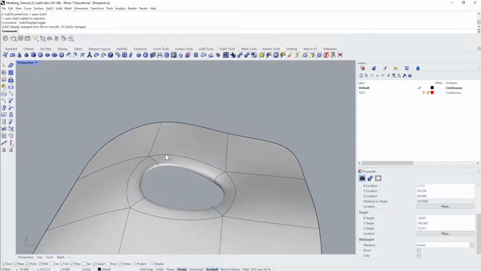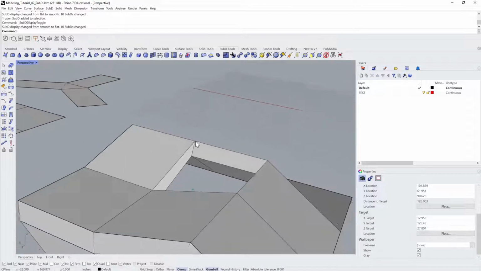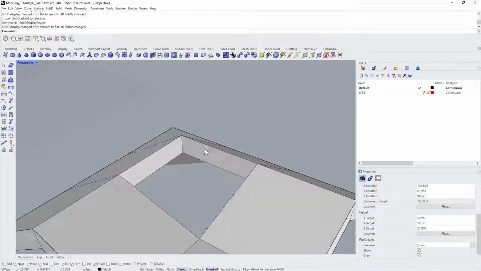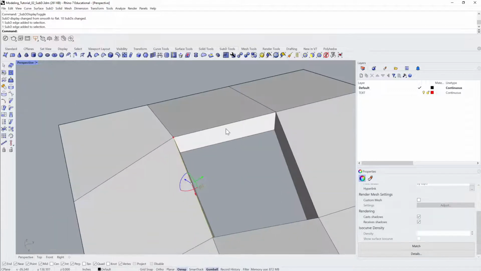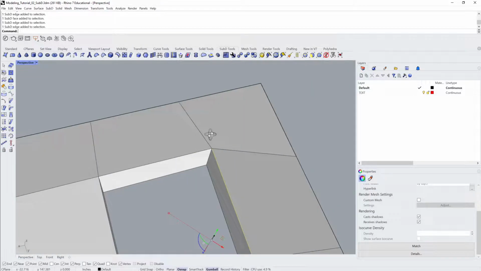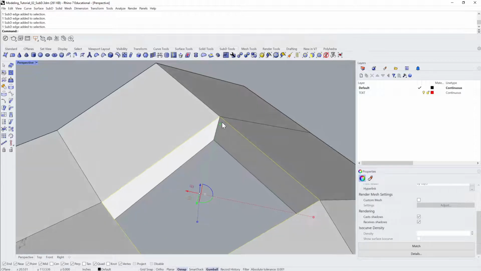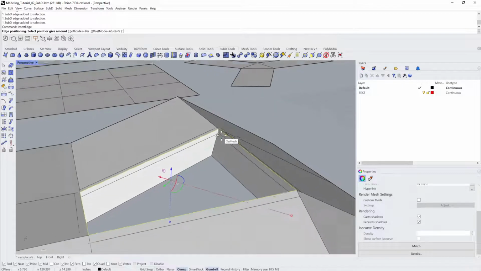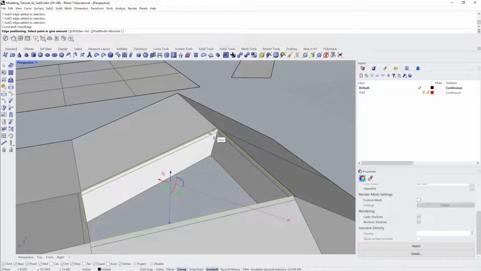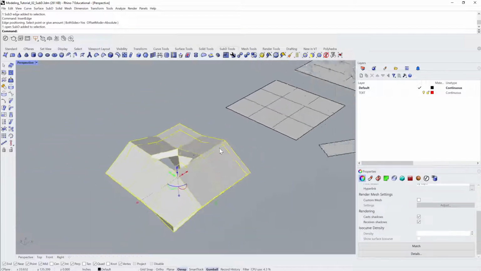This would have been kind of difficult to model as a NURB surface. So if we want there to be more of a sharp transition around that hole, what we can do is select all of these edges here around the top. And then we can use the InsertEdge command. Okay, now something is wrong with our topology here, because it should be recognizing that we are